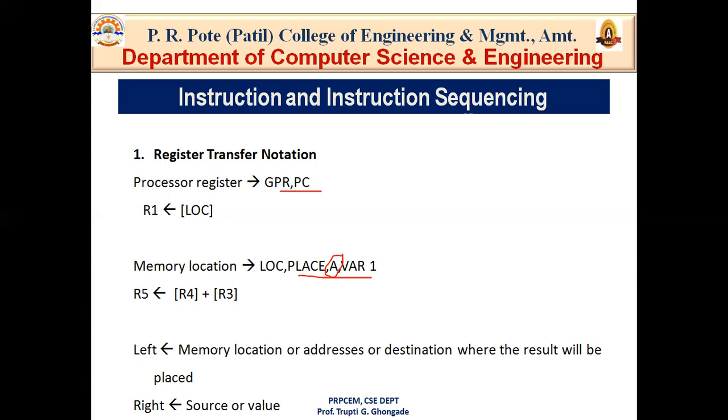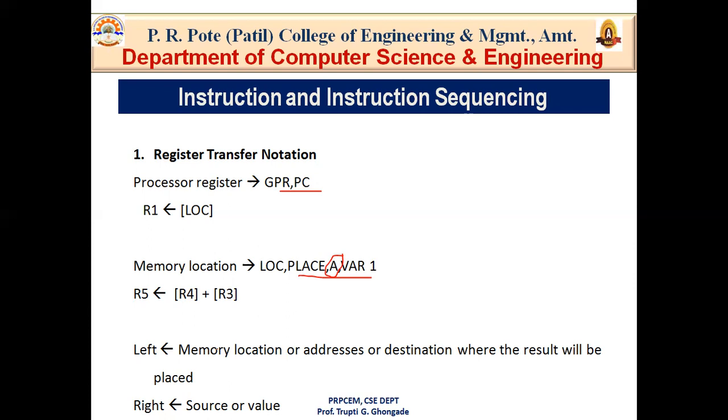So we use this syntax to denote the program, the memory unit, and the IO subsystems in the register transfer notation. Let's take an example: transferring some contents from a memory location to a general purpose register. In the simplest way, transferring some contents from a memory location to the processor. Then how will we write it?